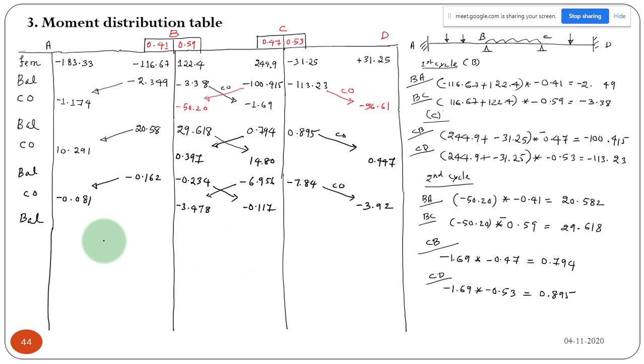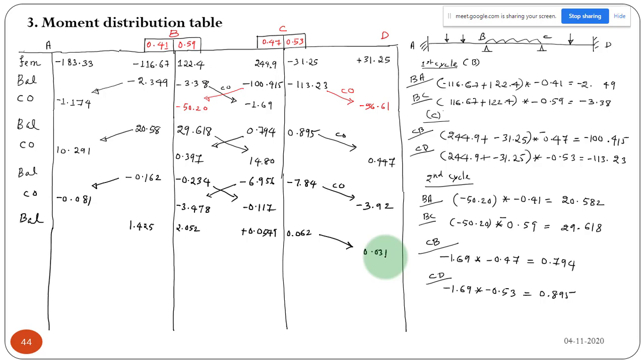Okay. So balancing again you have to do, these values will be positive: 1.425, this will be 2.05. So here the values will be 0.0549, and this value will be positive. Okay, and this will be 0.062. It is an iterative procedure, so you have to repeat this cycle until you are getting negligible moment as carryover moment.